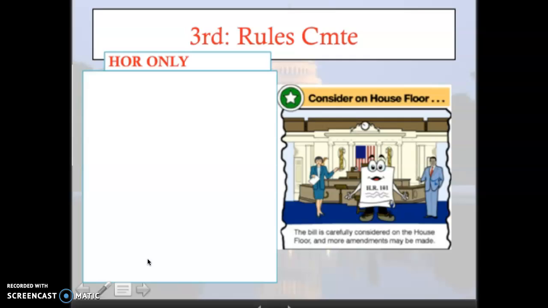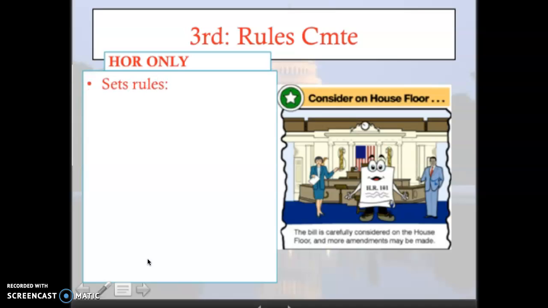Now, I want you to think of it like this. There are a lot of people in the House of Representatives, 435. The more people you have, the more guidelines you need to manage that group of people. Plus, the House of Representatives is not as experienced as the Senate. Because the House doesn't have that kind of expertise and they're not as enlightened statesmen as the senators, they have to have more guidelines on how they conduct their business. That's the idea behind having a Rules Committee.